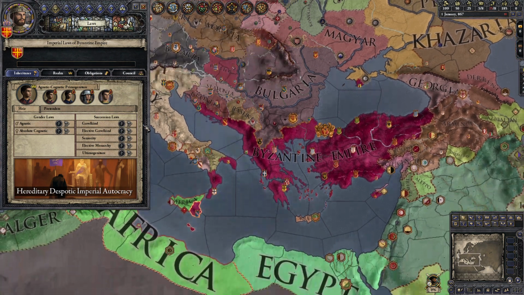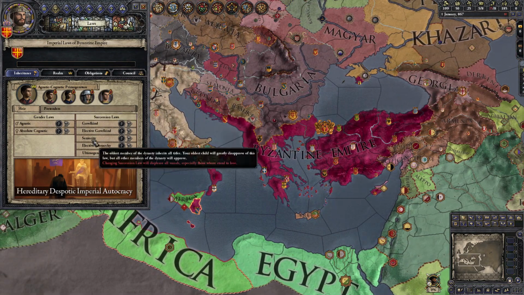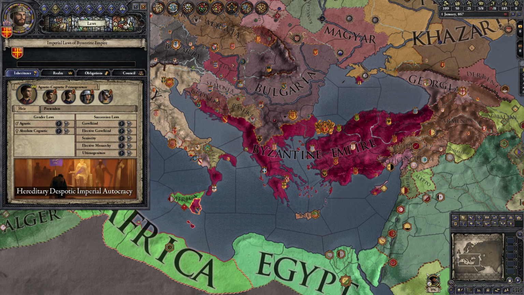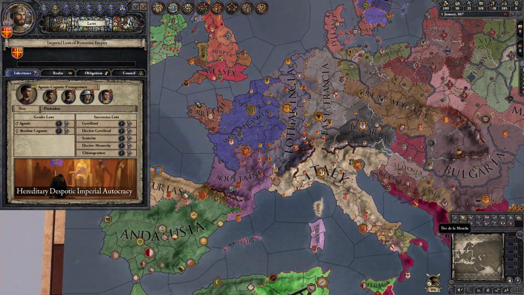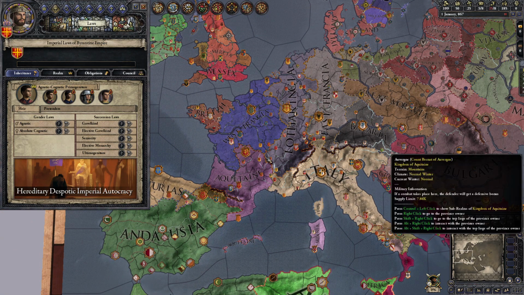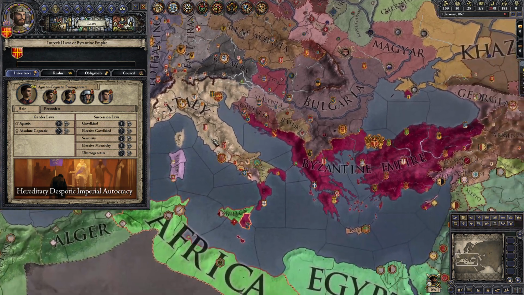So this is where you define how you inherit. And there are various choices. Now, the default for most places in Europe was called Gavelkind. That was the split of the Lord's territories to his children, which is exactly why Charlemagne's empire, the Holy Roman Empire, was then split between all of these kingdoms, because he had a lot of children, he couldn't resist seeing other women, and boom, boom, boom, boom, land for all of his children. And that was the default. The Byzantine Empire has what's called primogeniture, which means we give it to the eldest child.